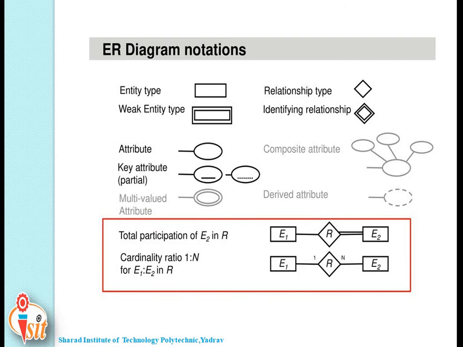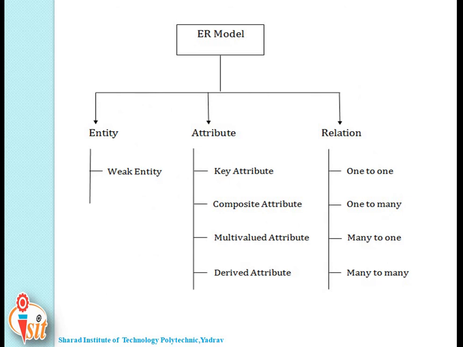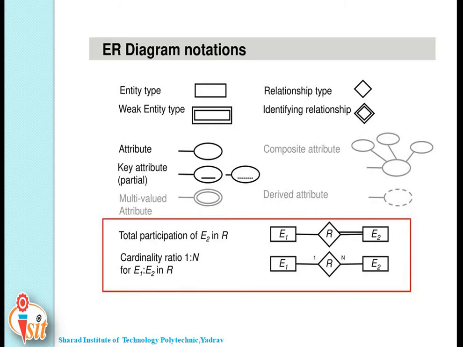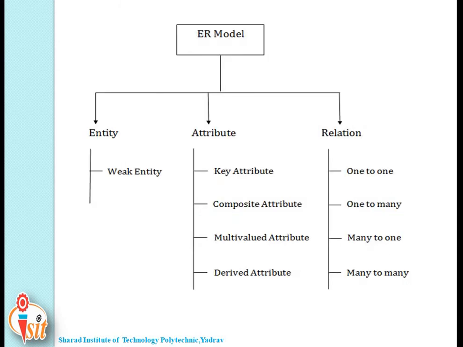There are various types of relationships like one-to-one, where only one instance of entity is associated with the relationship. Then it is known as one-to-one relationship. For example, a female can marry one male and male can marry one female is the example of one-to-one. Or you can say one country is having only one capital, and this is one example of one-to-one.